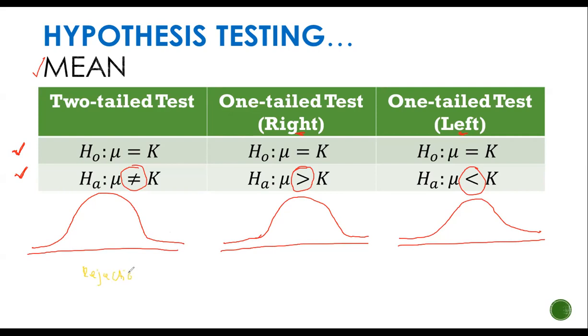Yan. Rejection region or area of rejection. And of course, your acceptance region. Okay? So most likely, kapag two-tailed yan, your rejection region is divided into two. Doon sa left, doon sa right. That's why it's two-tailed. So those two are your rejection region. So pag nandito yung data mo, nasa acceptance region pa lang siya.